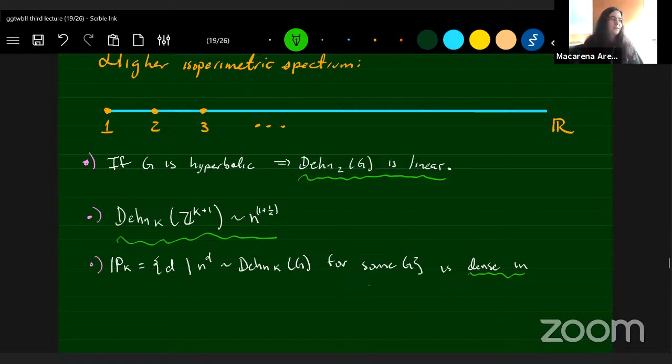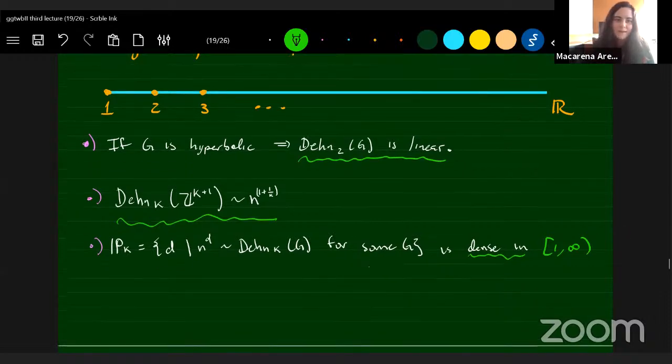So this was not something that was known right away. First, people thought that the interval was 3/2 to infinity. And then they found these examples and thought, oh, it's probably 1 plus 1 over k to infinity. But now we know that it's actually just 1 comma infinity. So it's maybe a little bit disappointing, but it turns out that the higher dimensional Dehn functions are very well behaved and there's no gap in the isoperimetric spectrum. Okay, so that's that.